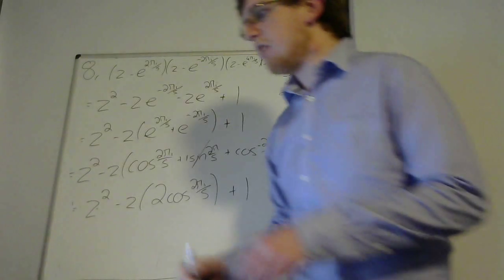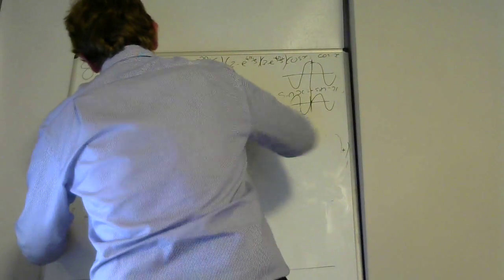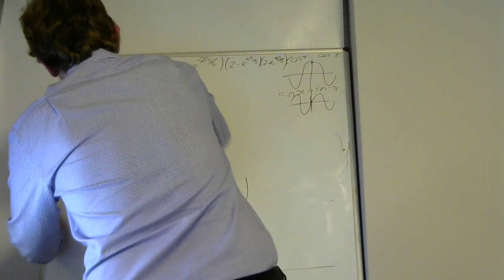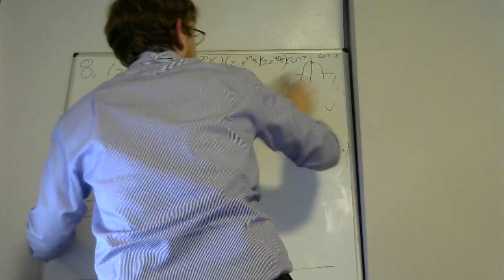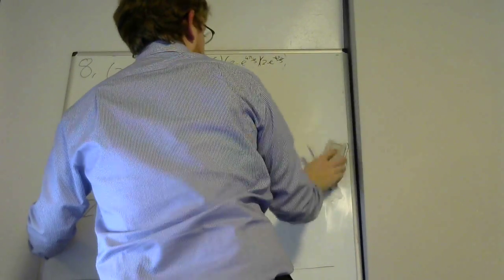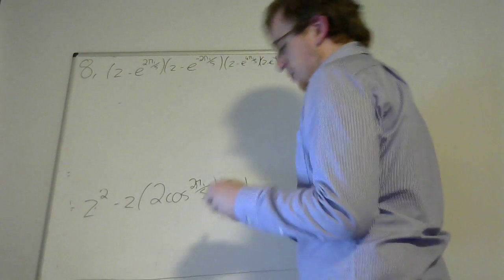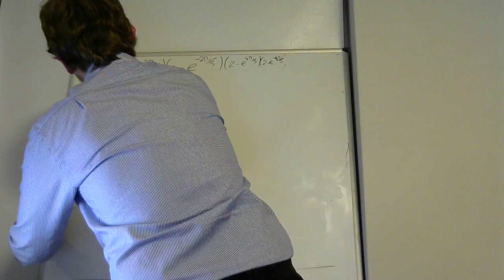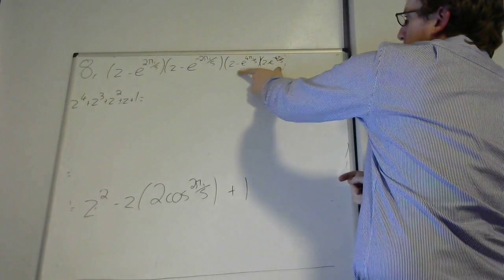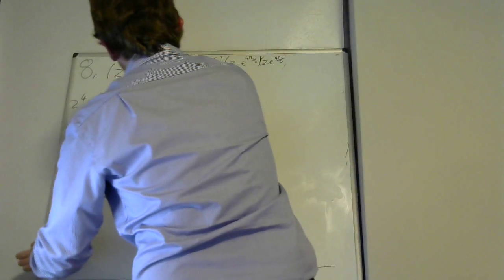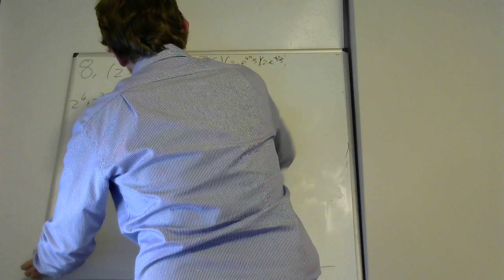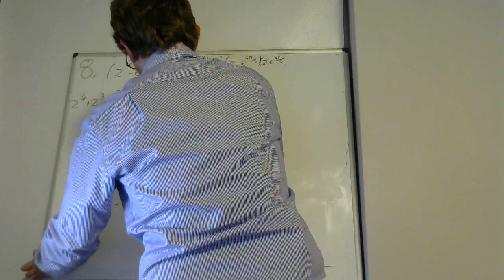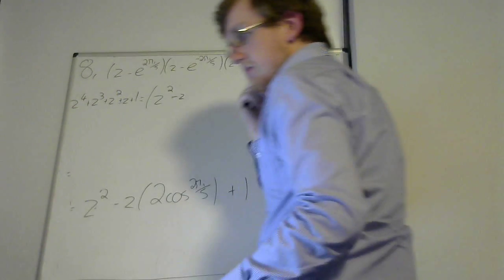So if I write that out now, we've got z to the 4 plus z to the 3 plus z squared plus z plus 1 is equal to this multiplied by what you get when you expand these two brackets. So z squared minus z